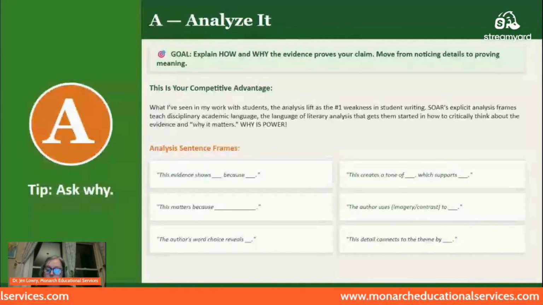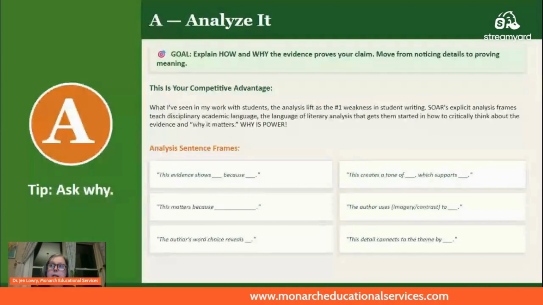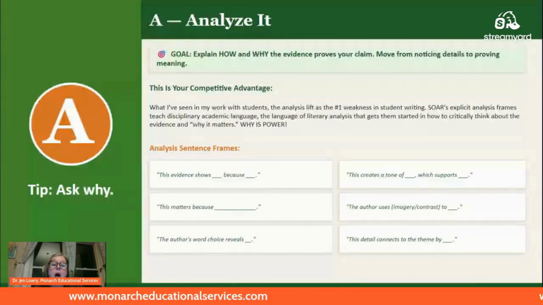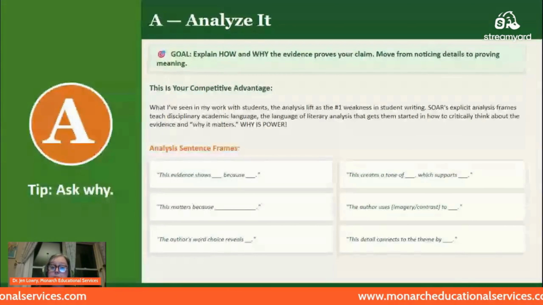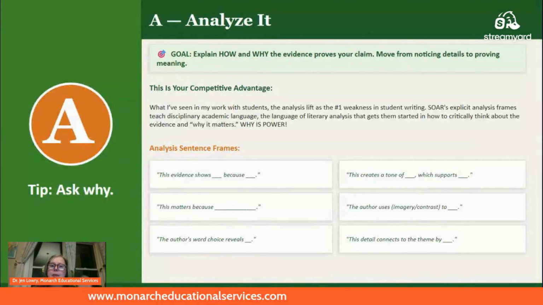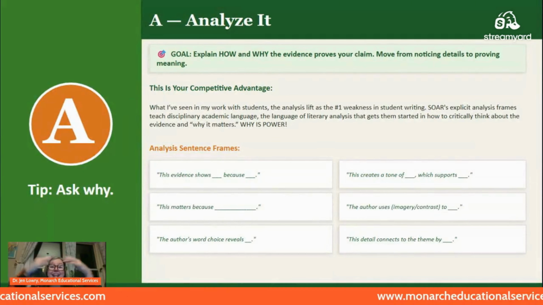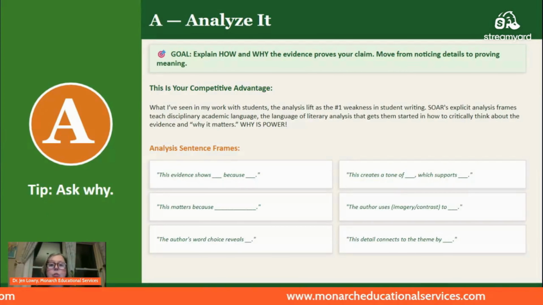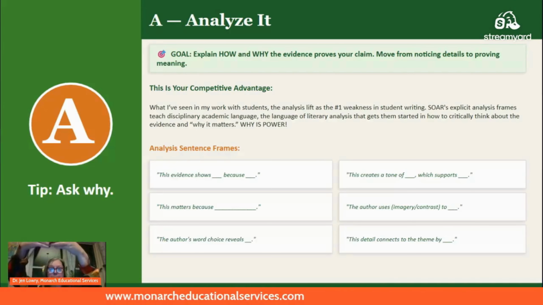I'm going to give you some practical strategies, some peer work around this, and collaborative moves that you can do around analyze it, because they're going to need the modeling and support here at this step, just like you would have done with ordering the evidence and offering the best evidence or stating the claim, or maybe we skip down to the evidence first, right? And so then they can work backwards.